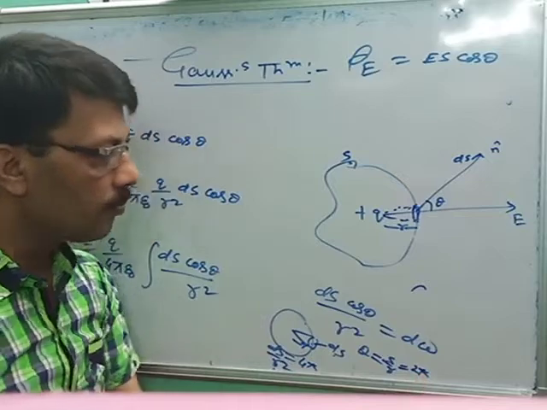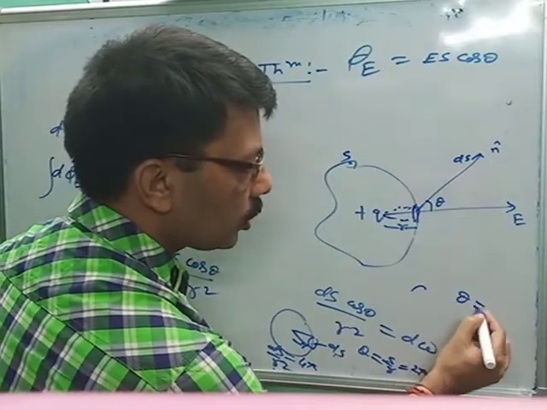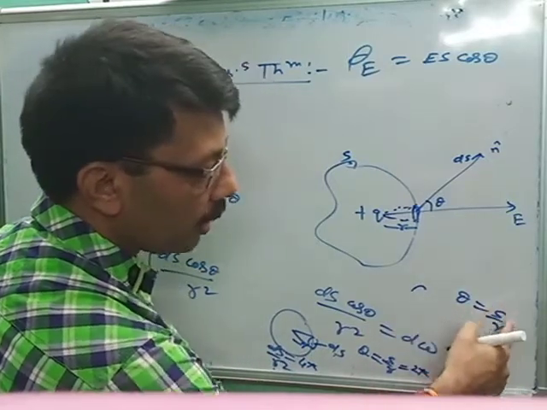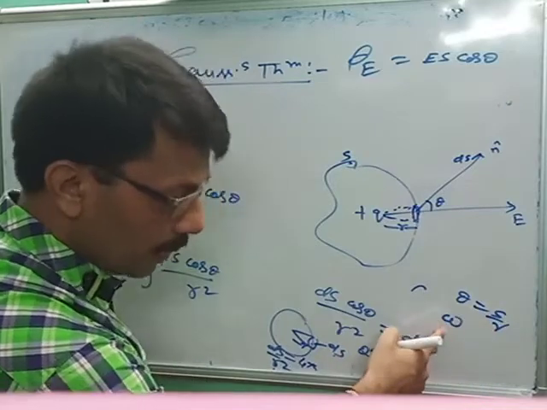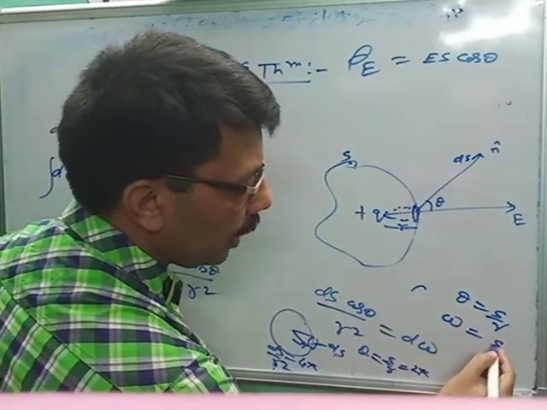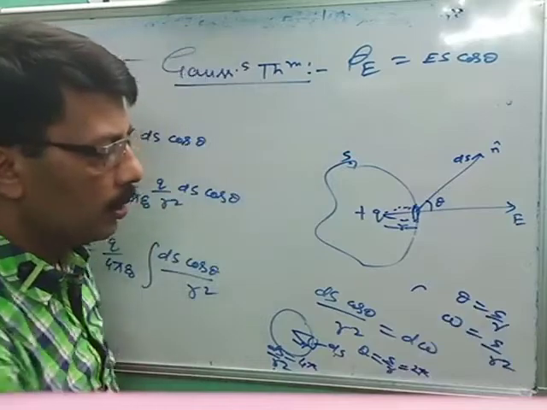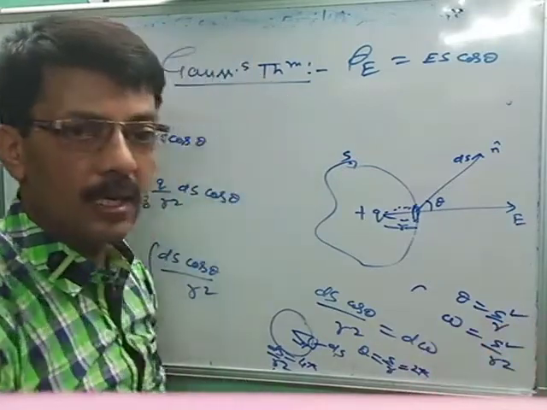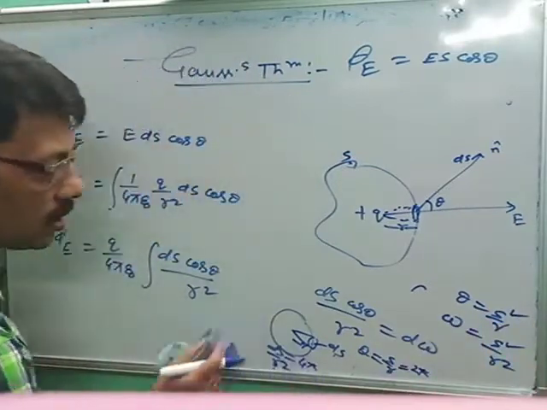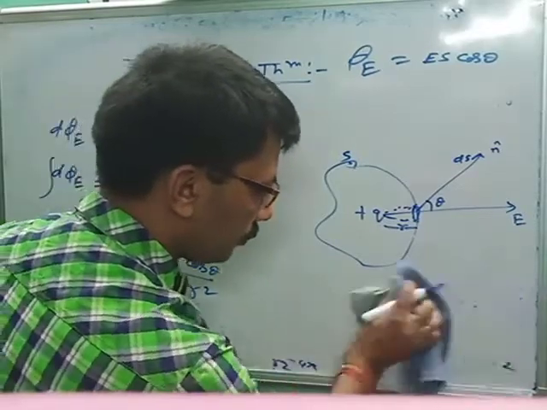Its value is 2 pi, and the value of angle theta is equal to s upon r. Angle is equal to arc upon radius, and solid angle is denoted by omega. Omega is equal to s upon r square. Here s is the area, area upon r square. This is the introduction to solid angle.